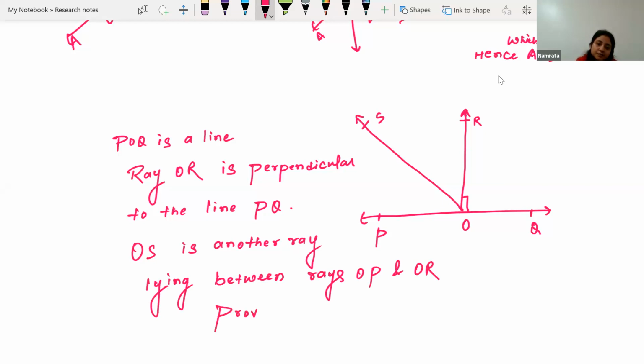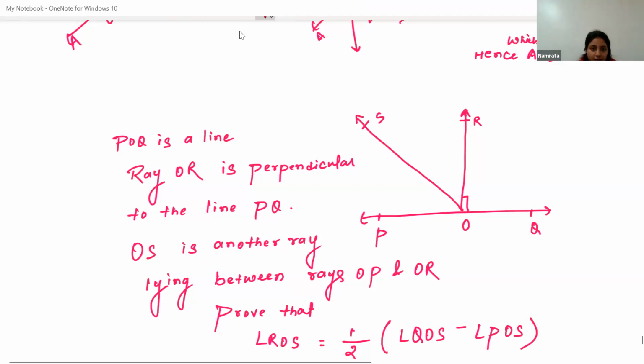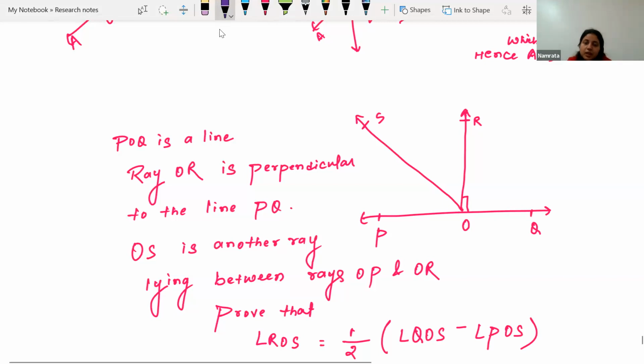Prove that angle ROS is equals to half of the difference of angle QOS minus angle POS. Okay, so basically here we have to show angle ROS, this angle, is equals to half of the difference of angle QOS. As you can see, this is total QOS minus angle POS. Okay,